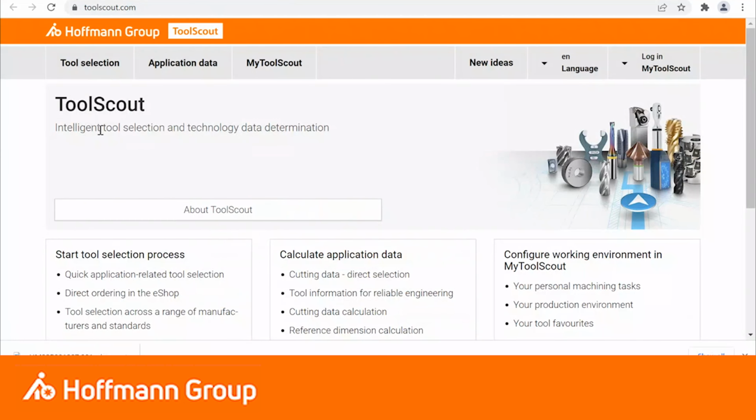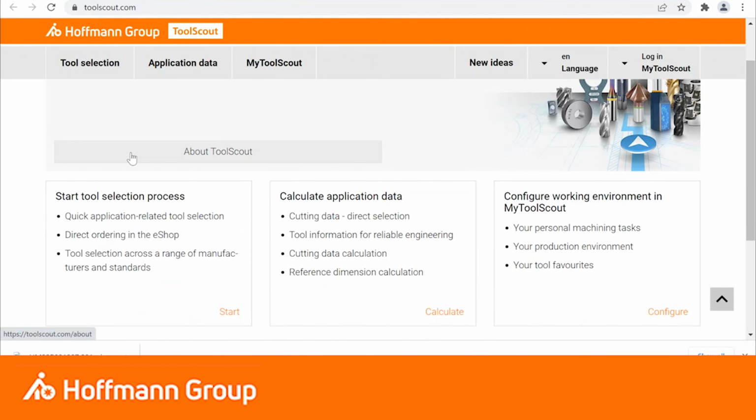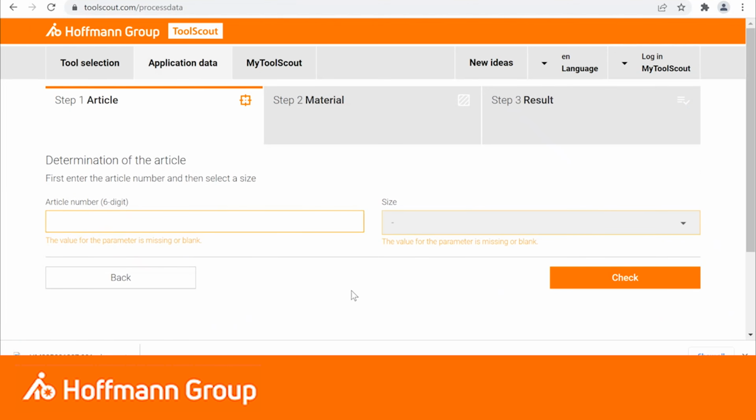Essentially, what the Toolscout is, you've either got your tool and you want to know the cutting data for it, or you've got your material and your job and you want to know what tool is best for you. So if you've got your material and your job, you start the tool selection process, and it will suggest the best tool for the job based on your machine data and your material data. Or you've got an item already that you want to use and you just want to know what the best cutting data is, for example. So you can put in your article number